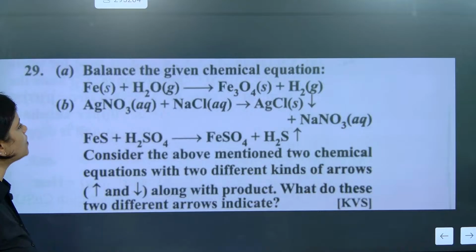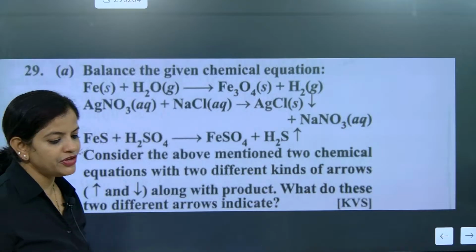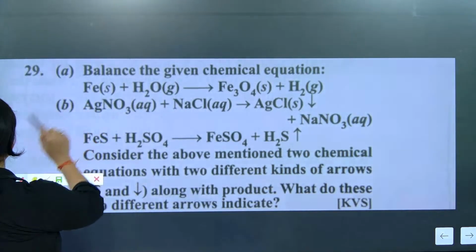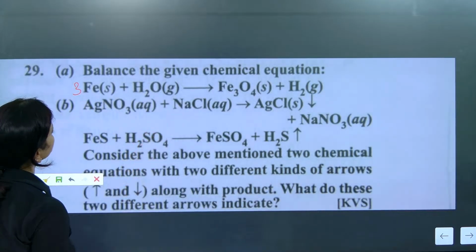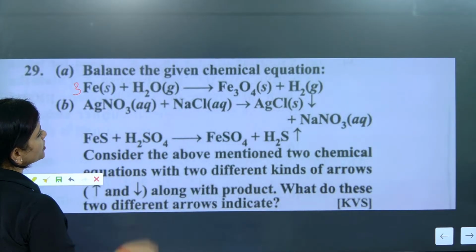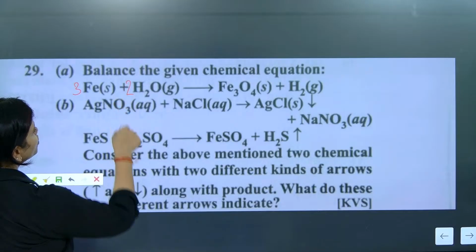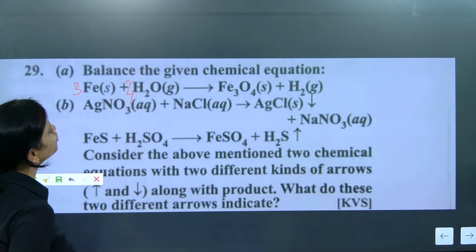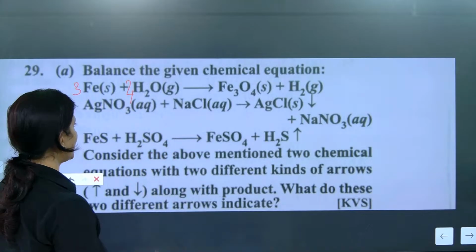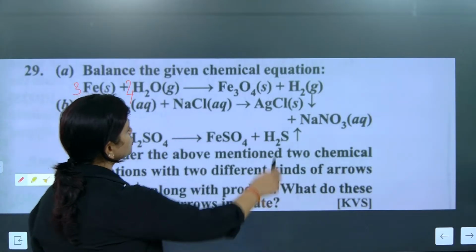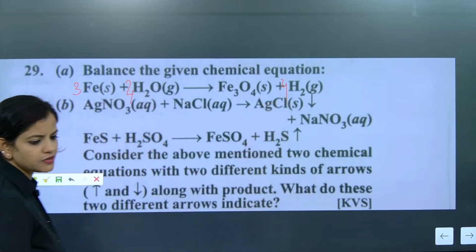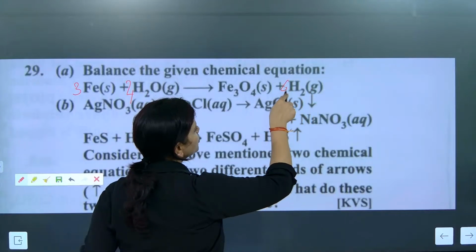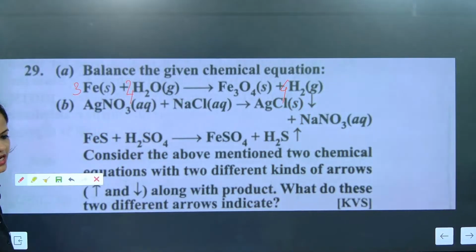Balance the following one. So iron, how much are we going to put for iron? Fe3 is there, so we'll put 3 here. If we put 3 here, now iron is 3. Hydrogen is 2, but oxygen is 4, so here we will put 4. So 4 oxygen, iron is balanced. Now hydrogen is 8, so here we balanced. I put 4 there to balance hydrogen. I am balancing with 4H2.